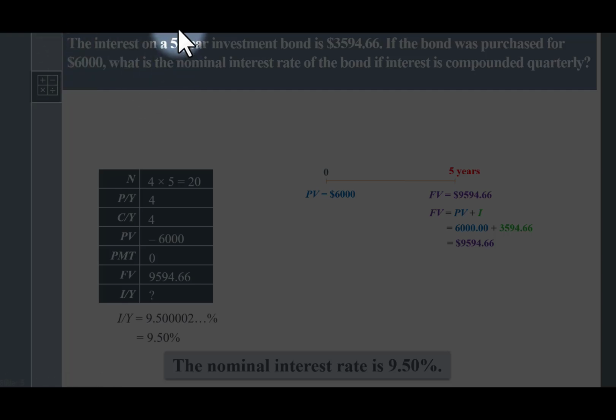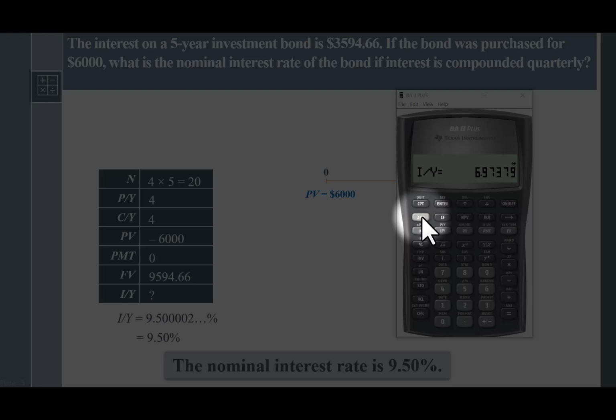Let's bring our calculator and let's clear TVM and start entering the values. So 20, we're going to be storing it in N. We're going to enter the PY CY and I'm going to press 4 and enter. Press the down arrow, you will see CY is the same, so you can go between PY and CY. Second, quit. Present value is 6,000 and it's an investment, so we're going to press the minus button and that's the present value. PMT is 0